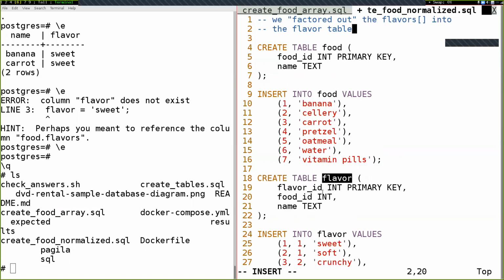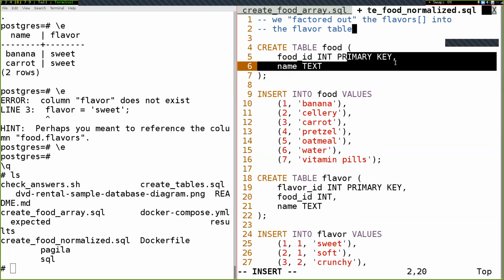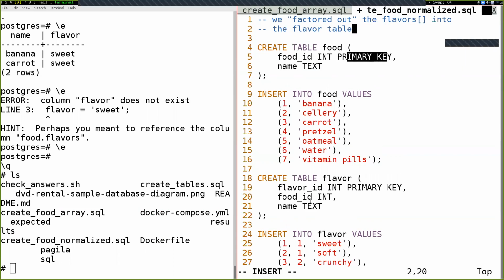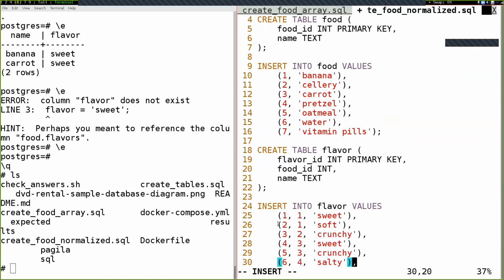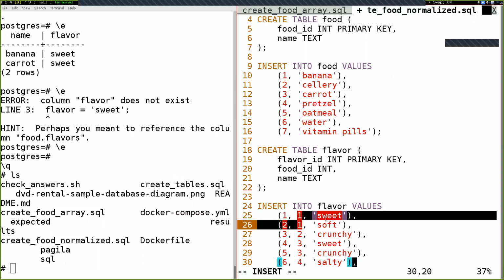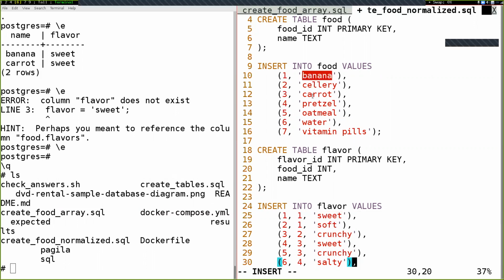And now down here in this flavor table, there's a flavor ID, a food ID, and a name. This flavor ID is, I guess every table just has its own ID as a traditional thing where it's an int and a primary key. And then the food ID right here references this food ID, and then we have a name. So down here we have something like sweet and soft. Both have, this is the food ID. Food ID is the second column. So food ID right here, sweet and soft, both correspond to banana. And if we do an inner join on this flavor table and this food table, we'll get the same result